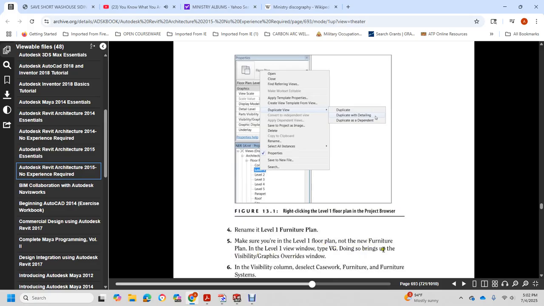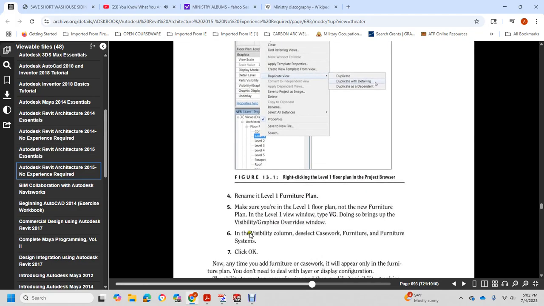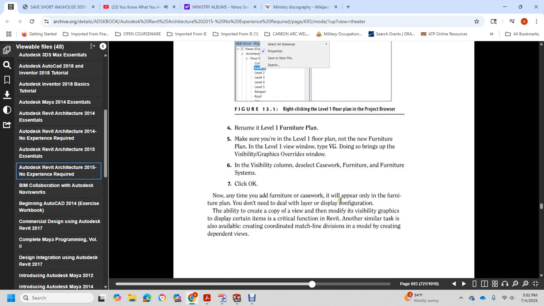Make sure the Level 1 floor plan is active, and add a new furniture view in the Level 1 view window with VG. Doing so brings up the Visibility/Graphic Overrides window. In the Visible column, you can deselect casework, furniture, and furniture systems. Click OK. Now at any time you need to deal with a layer display configuration,